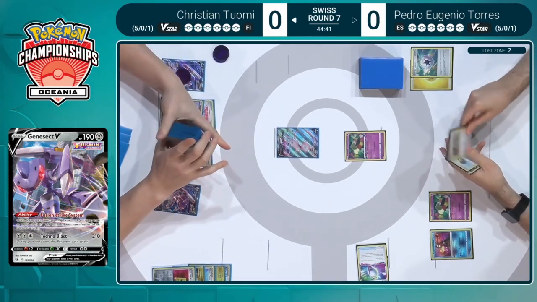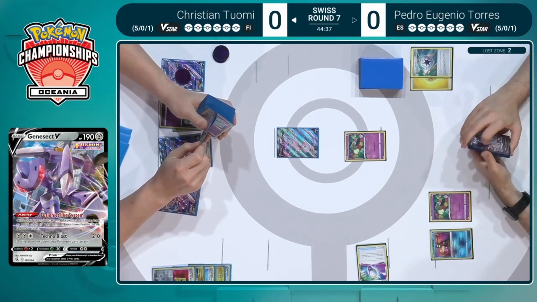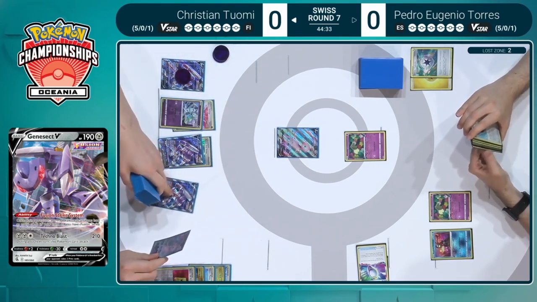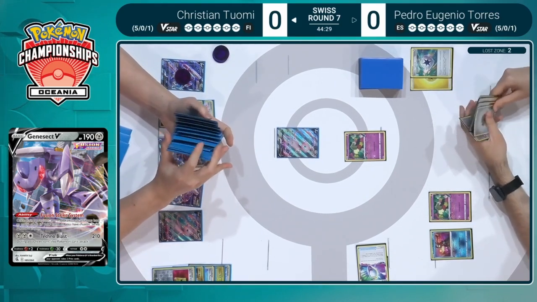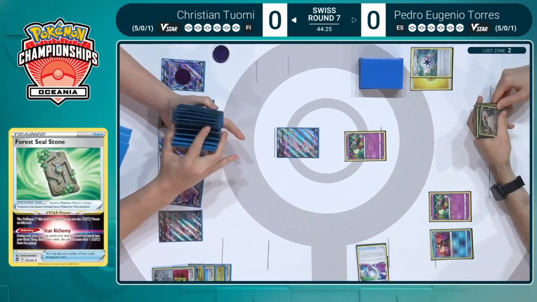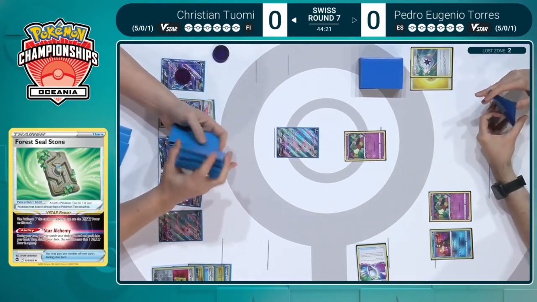Right. Because usually they're on V-Stars, you've got to wait a turn to evolve. And it's going to be really nice in this spot for Christian because he has now, through this Forest Seal Stone, he will be able to guarantee Elesa's Sparkle this turn. That means he'll be able to guarantee a turn 1 attack. Now, I expect we'll see some more cards drawn before that V-Star marker gets flipped over. Christian's going to draw some more, try to draw the Elesa's Sparkle,